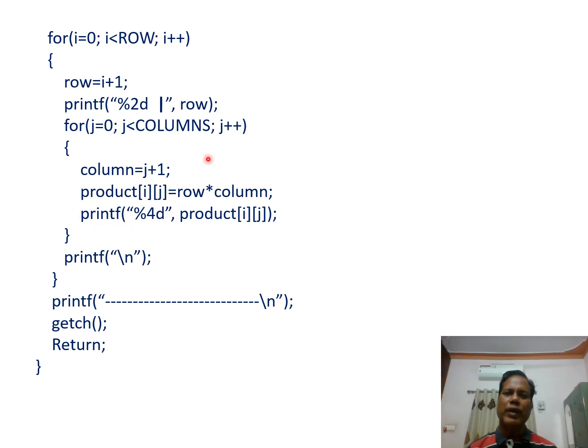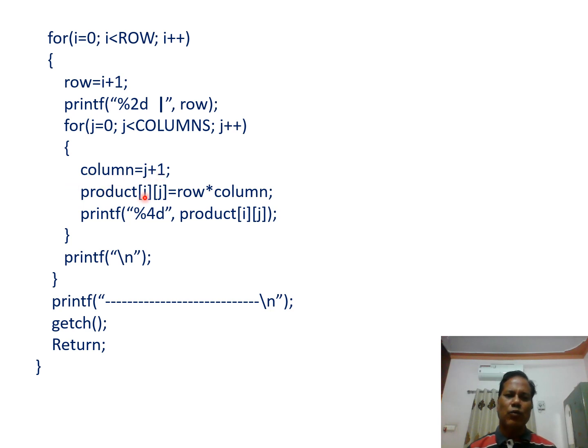and then the value of j is incremented, and when the value of j is incremented, the condition is true again because 1 is less than column. So again the body of this inner for loop is executed. This time column equal to 1 plus 1, that is 2.